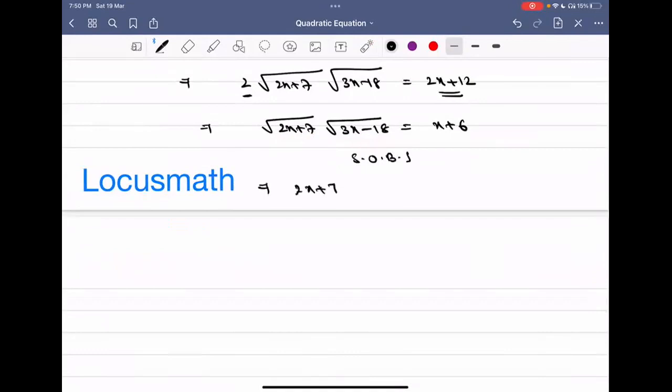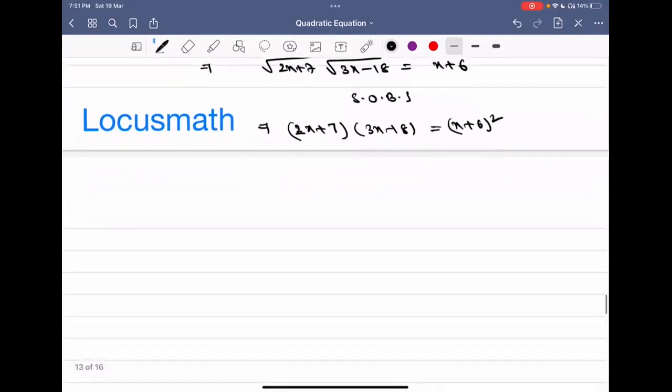2x plus 7 into 3x minus 18 is equal to x plus 6 whole square. The left hand side, if you open the bracket, then what you get? 6x square, 36x, 21x. So here 18 7 times. What is 18 7 times? 126, correct? Yes, sir, 126. So minus 126